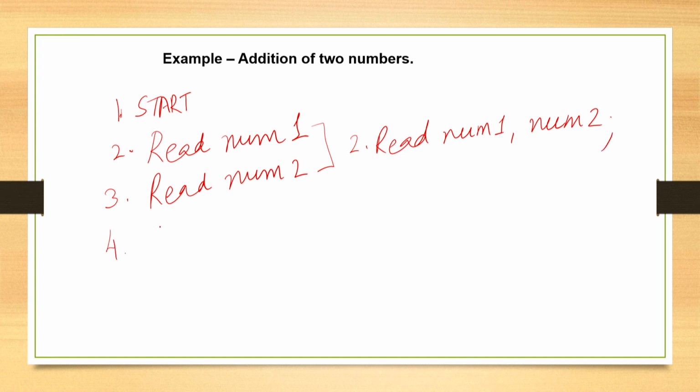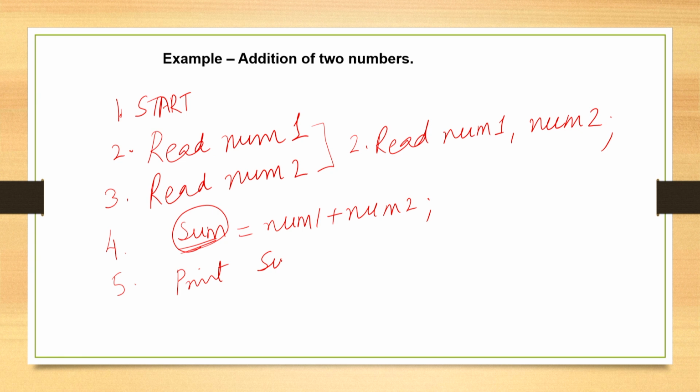Then after that, what you have to do? You have to find the sum of this. So, sum of this means it will be stored somewhere after adding num1 and num2. So, let us say it is stored in sum. So, sum is equal to num1 plus num2. Then once the sum is stored in sum, then next you have to print the sum, that is the number that you get after the addition,